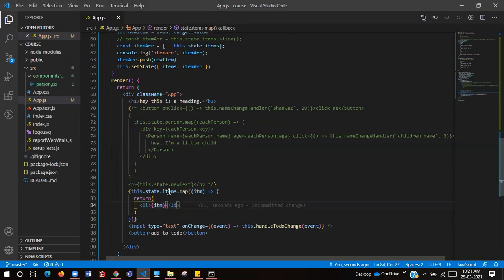Yeah, so items is the state object, okay? Now when we are mapping through it, here we can take any name we want. This is just giving us a reference to that particular items object on that single iteration. So if you want to take item here, you can use it with the help of what you have written here. Let's just try with this. So should that work or not?